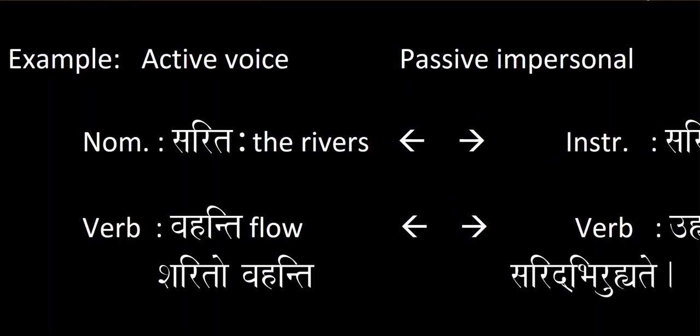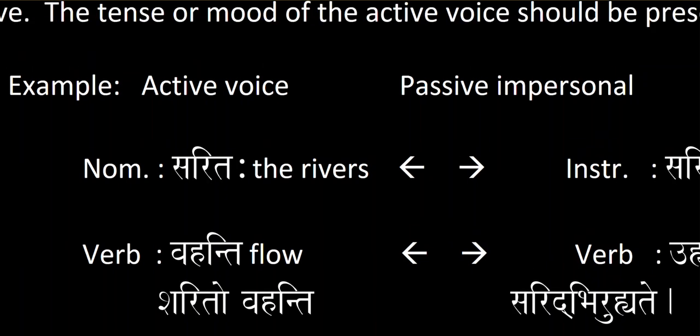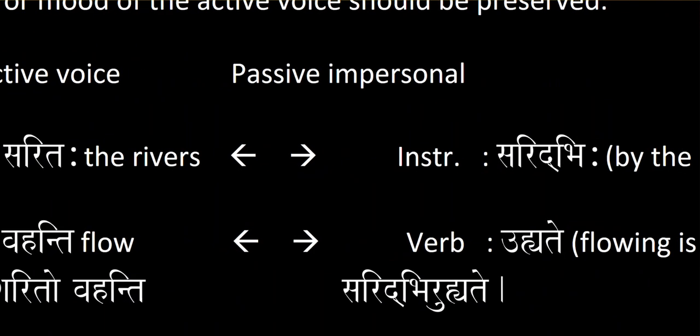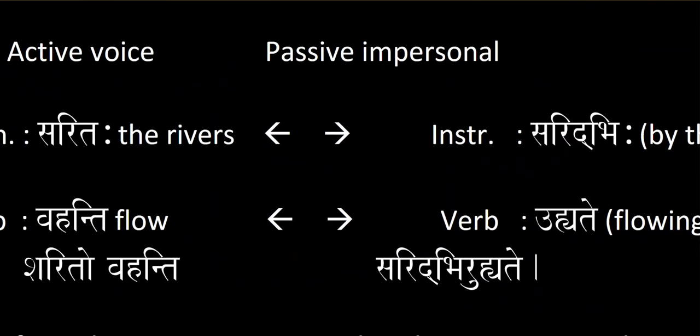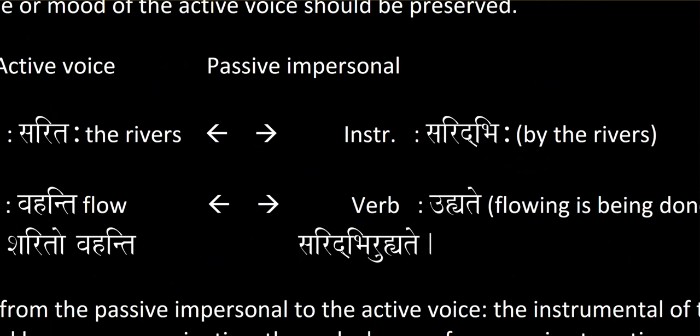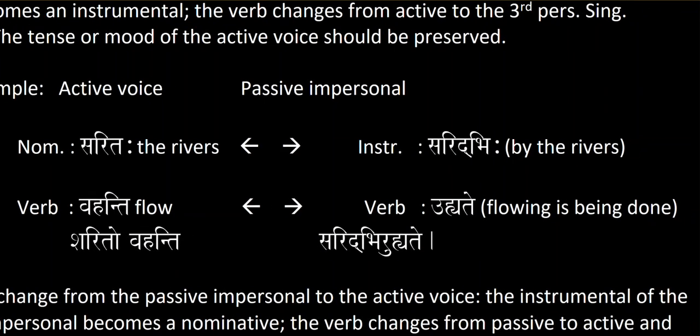The rivers are in the nominative case, and vahanti is to flow, third person plural. And the rivers take the instrumental case in the passive impersonal. So you have saridbhih, by the rivers, and then the verb